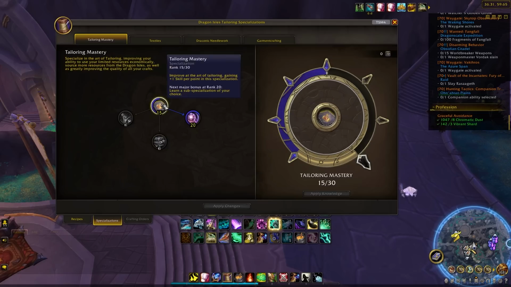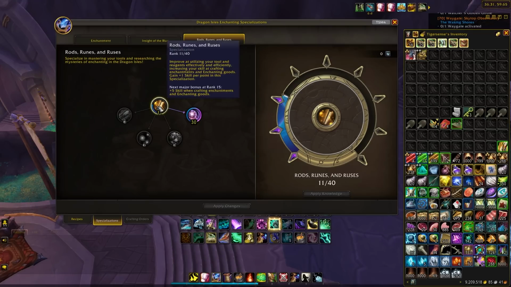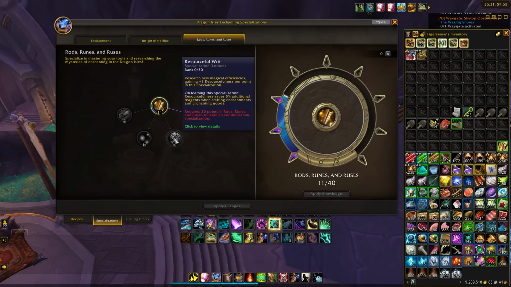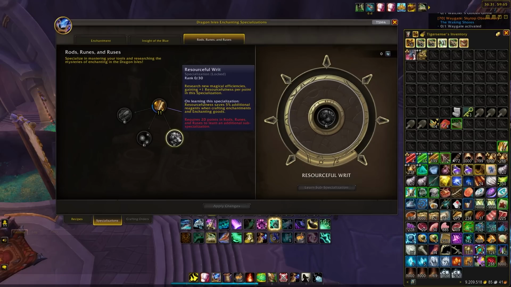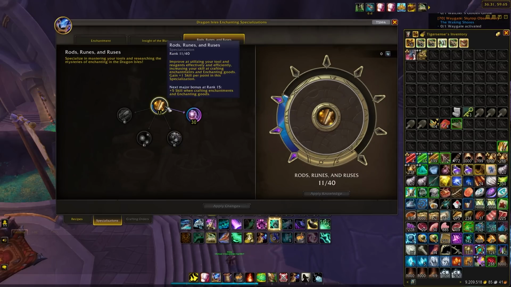For example, tailoring is super easy because it's literally called tailoring mastery, but if we look over at enchanting, it's actually under the rods, runes, and ruses. Right here, it's not called mastery at all, but you can spot it because it has that inspiration and the resourcefulness one right here. And so what I want to actually highlight about this is that this right here affects everything. If you read this tooltip, it says increasing your skill at crafting enchantments and enchanting goods,